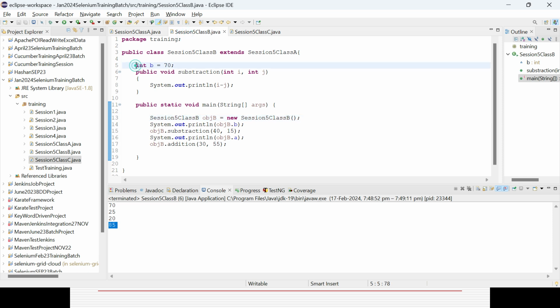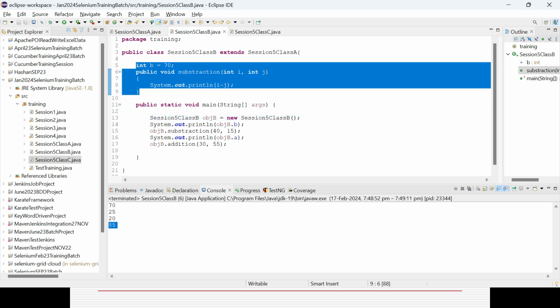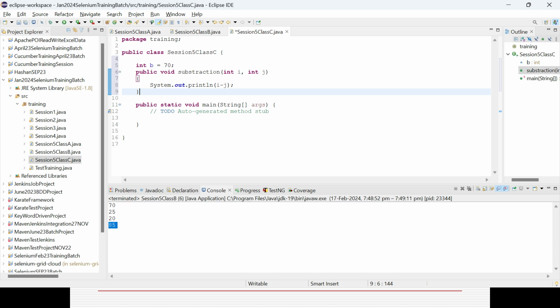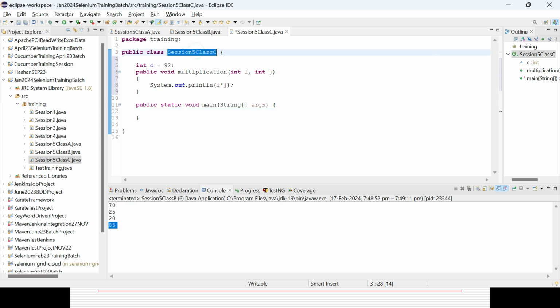I will try to create it in a similar way. Maybe this is class C level also. I will create a variable called C, and I can give it some value, say 92. Instead of subtraction, I can create a method called multiplication, which will be star. Now, in a similar way, I can create an object or instance here,